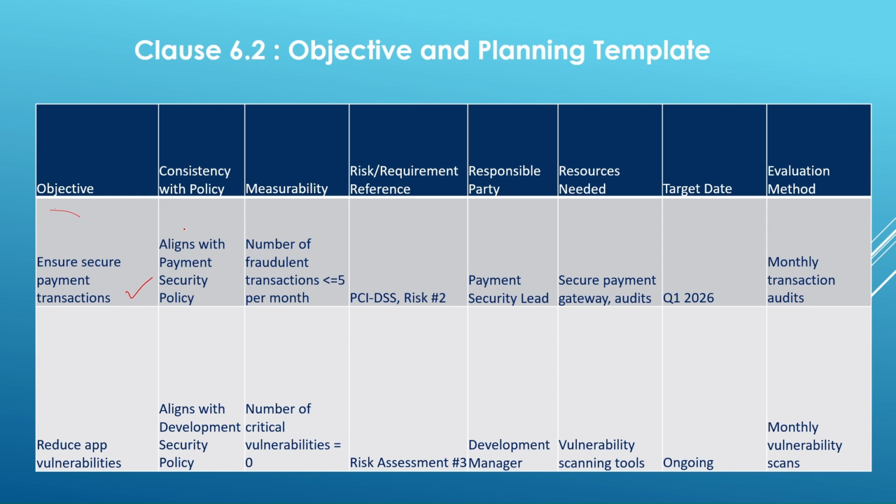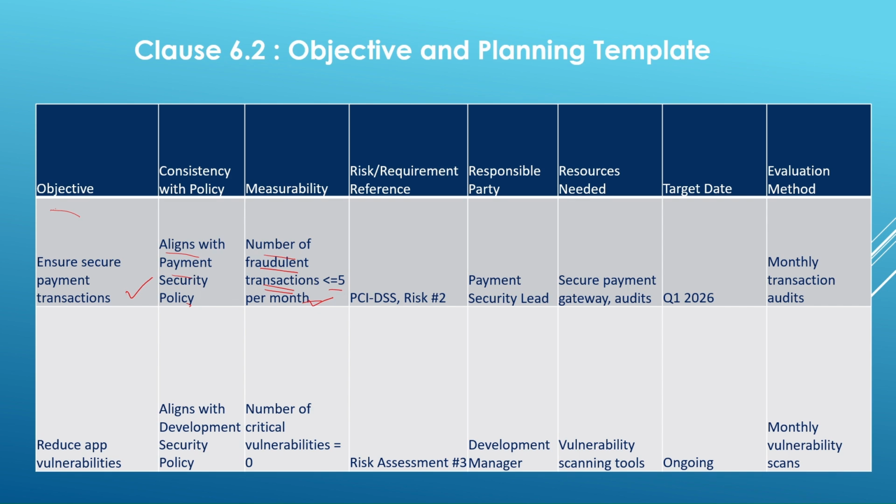Now this should be in alignment with the policy. So I mentioned consistency with the policies: it aligns with the payment security policy that I have in my organization. Every objective that you have should be measured. So how will I measure whether my objective is being met or not met? I will ensure that the fraudulent transactions should be less than or equal to 5 per